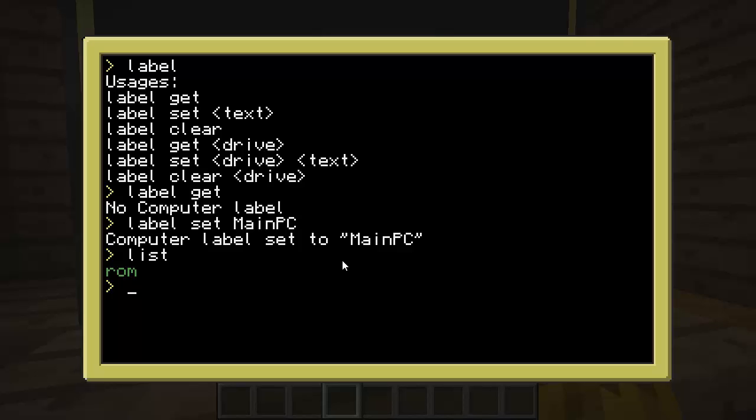So if we look at this, if we want to see what's inside ROM, you type CD, and this is the exact same thing you would do in DOS or command prompt in Windows. It means change directory, and then type ROM. Now we're inside the ROM folder, so it's going to print that there, and you can type list again and